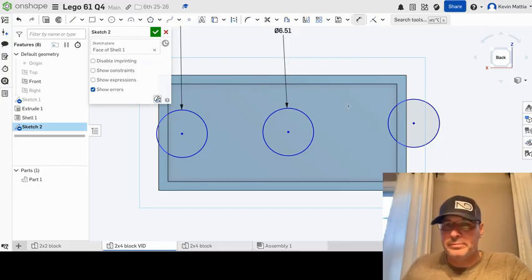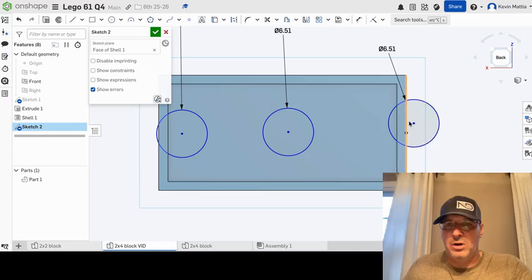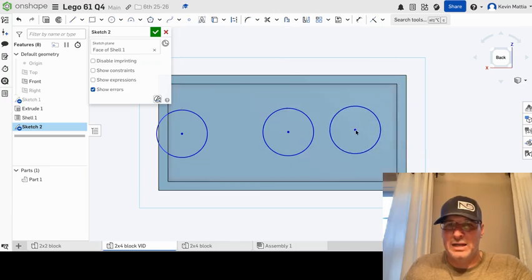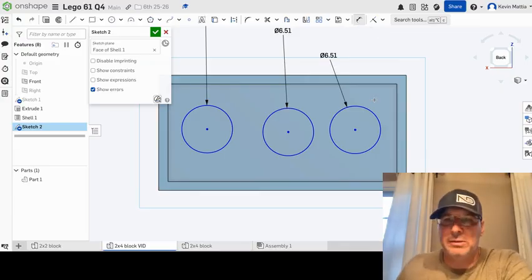6.51. One click on the next one, and again, 6.51. This is all in millimeters because we have it set in class already to millimeters. Now I'm going to turn the dimension tool off, and bring these back onto the surface that they're going to be in, and now turn the dimension tool back on so I can begin dimensioning them